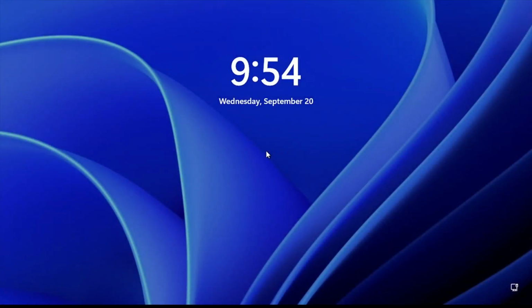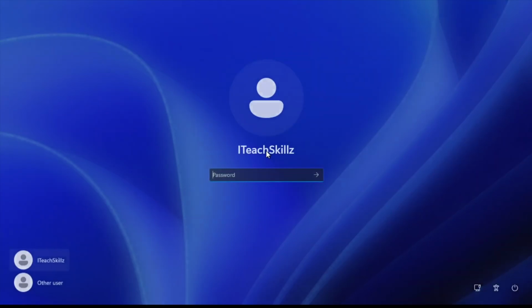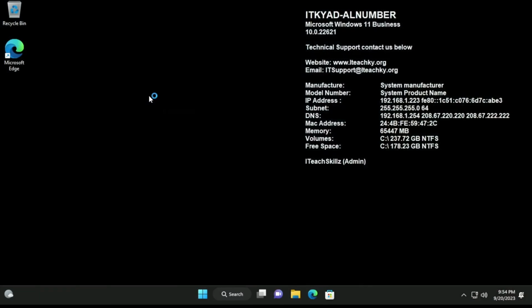What it's doing now is applying the customization change we made by enabling CPU virtualization, which enables Hyper-V as well. And once it's done, we're able to get started. So let's log back in once more. We're back here, and I ran some system info, and this just tells me all my storage utilization and everything else. So that's fine. So let's come over here